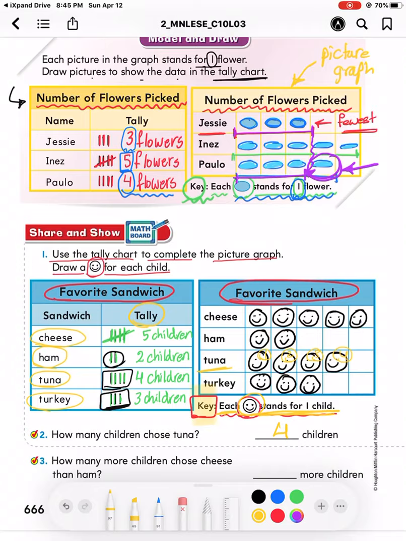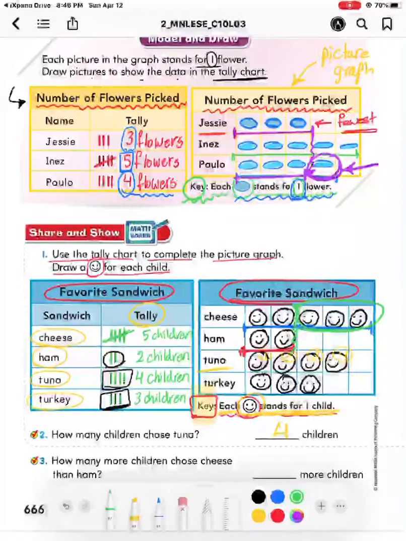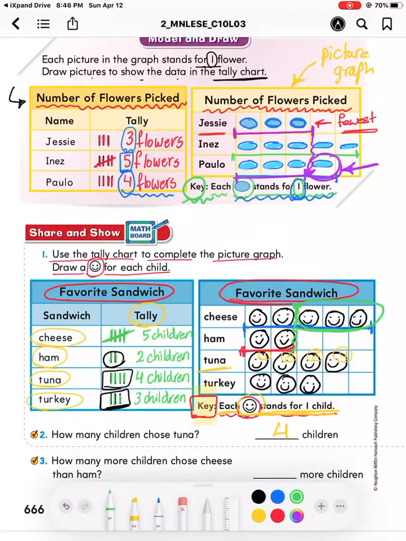Now, how many more children choose cheese than ham? Okay, let's see. This is for the ham, okay? While this is for the cheese. As you can see here, they match till this part. All those happy faces or smiley faces are extra. Let's count in order to know how many more children choose cheese than ham. 1, 2, 3. Excellent. So the answer is 3 more children. You can do it this way or